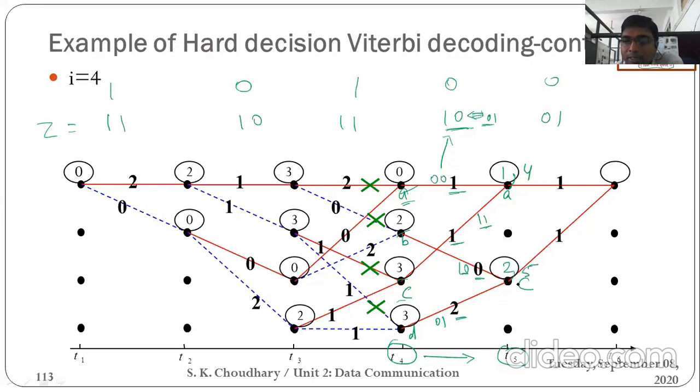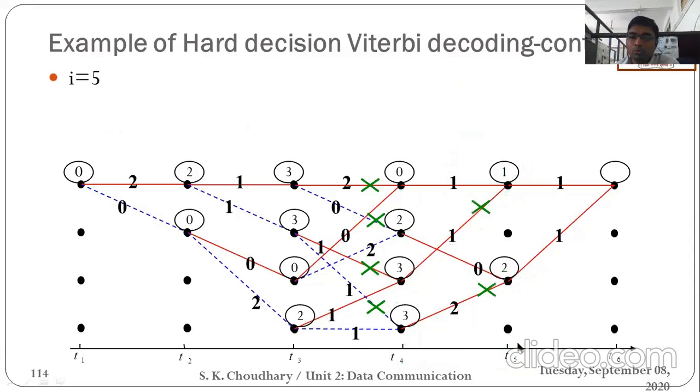So at this C, there are 2 states. Only 2 states would be now at the T5, A and C. And both have 2 values, 1, 4 and 2, 5. So which would be the survivor? Survivor is 1 and 2. So you can see when you move from T5 to T6, only the survivor remains. So 1 and 2. Okay. And the rest of the path would be cut out or discarded.